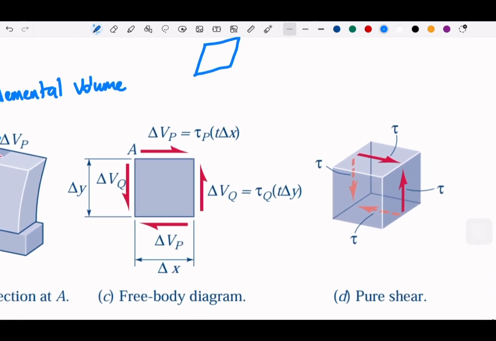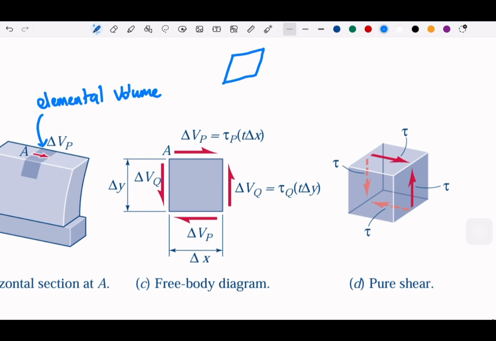And of course, this is what is actually going to happen, and we define this as a pure shear. Okay. So for the pure shear in a volume or in a deformable body, we could see that there will be these directions here, which will be very important if you are going to learn more, at least if you are working on something related to engineering design. So we call this a pure shear. And if we want to